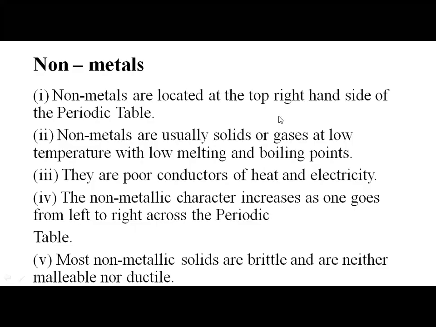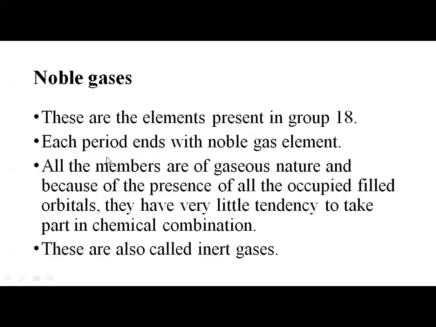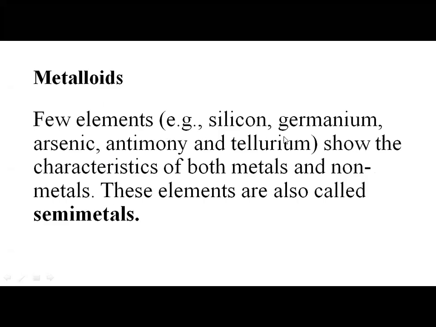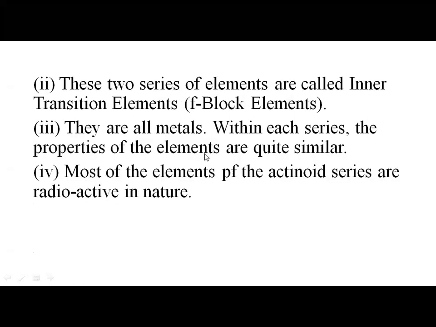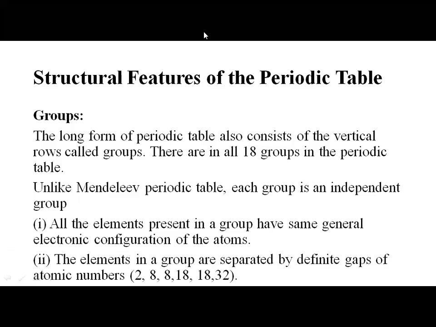So these are the properties of metals and non-metals. Metalloids. A few elements like silicon, germanium, arsenic, antimony, tellurium in the periodic table show characteristics of both metals and non-metals. And these elements are called metalloids, or you can call them semi-metals. So if you look at the periodic table,